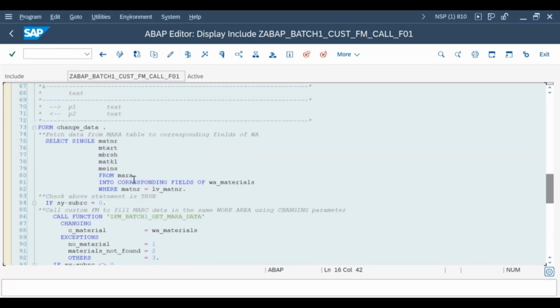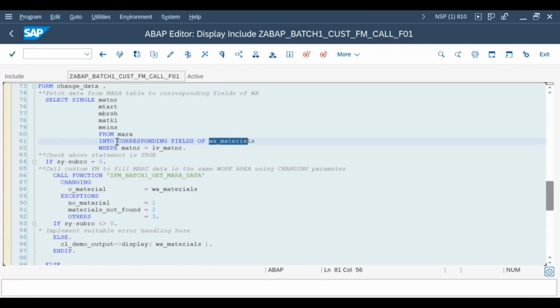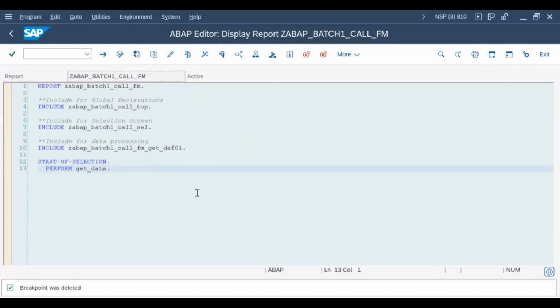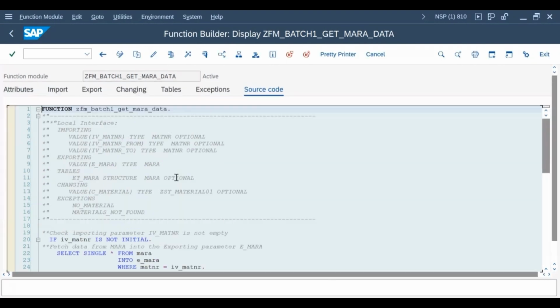We are getting the data, and we are passing that data to this function module. In the function module,